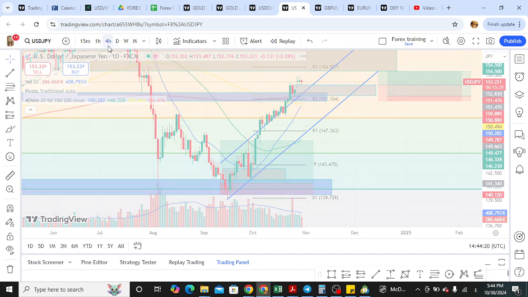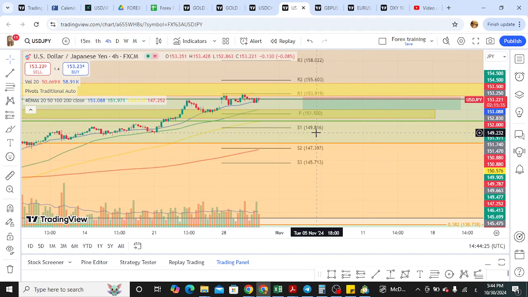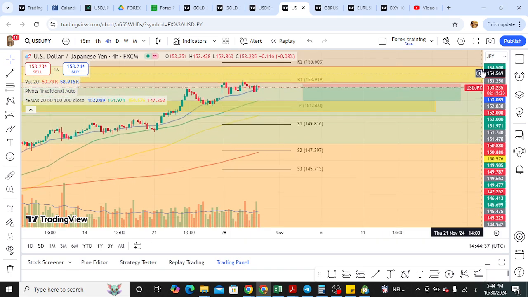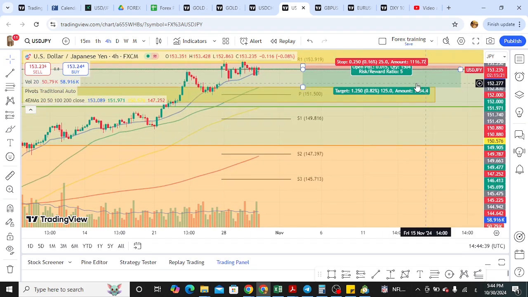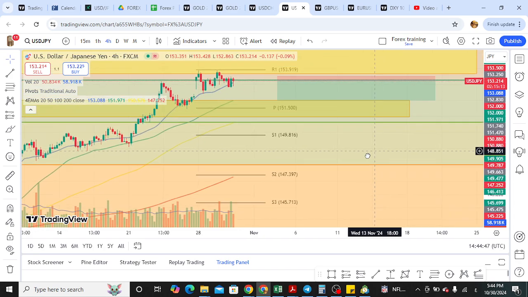Now, going back to our topic, which is support and resistance, if we go back here, we see resistance here, and this actually made me stop and think it might just go down because of this resistance. And I didn't take this one. See, I was going to take this one here, but this is the 4-hour chart,